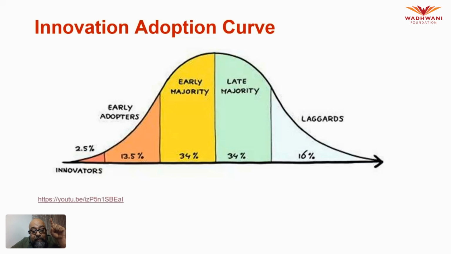You remember TAM, SAM, SOM that we talked about? SOM was basically not just the addressable market, but the market which can be obtained. It's an obtainable market. That means those are the set of people who are not the entire population of India, but the people who will actually buy your product. Now, within that SOM, you will have innovators, early adopters, early majority, late majority, and laggards. And how do we handle this?